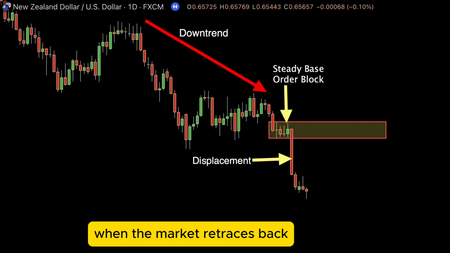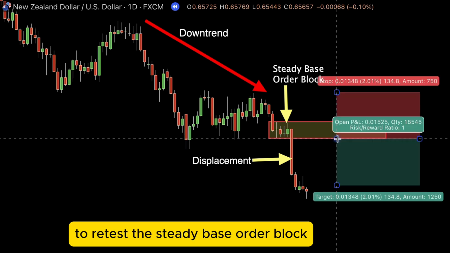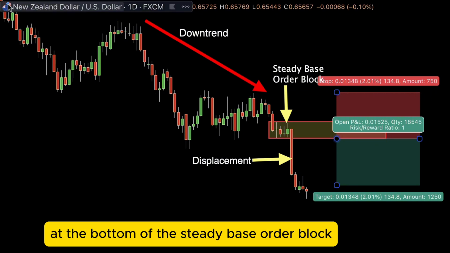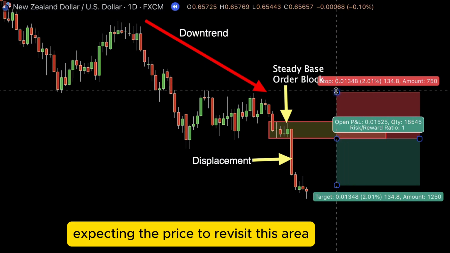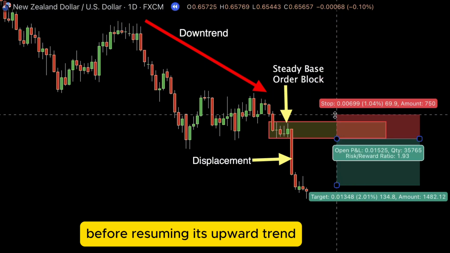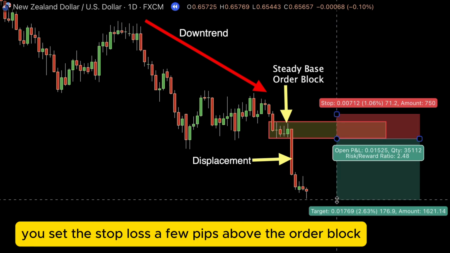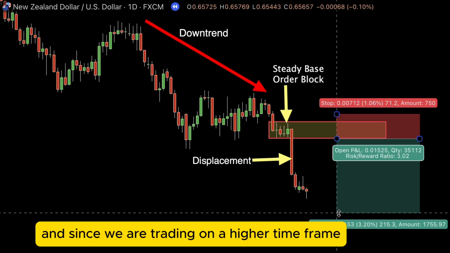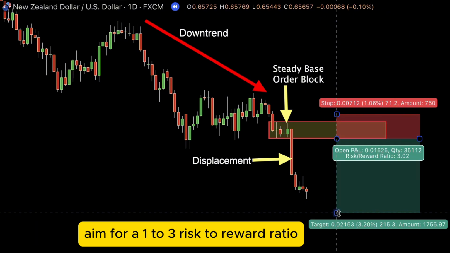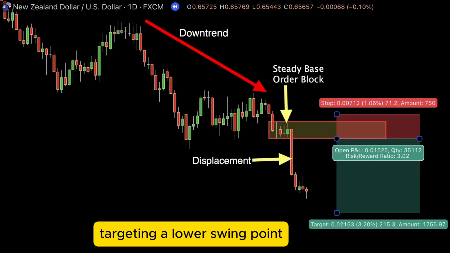When the market retraces back to retest the steady base order block, you can place a sell limit order at the bottom of the steady base order block, expecting the price to revisit this area before resuming its downward trend. You set the stop loss a few pips above the order block, and since we are trading on a higher time frame, aim for a 1 to 3 risk to reward ratio, targeting a lower swing point or the next